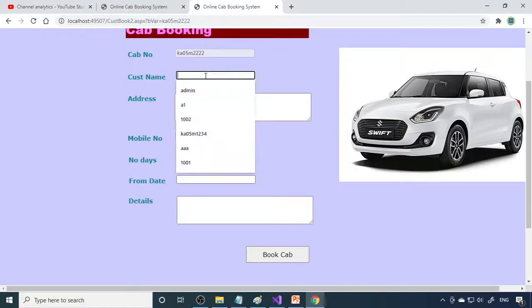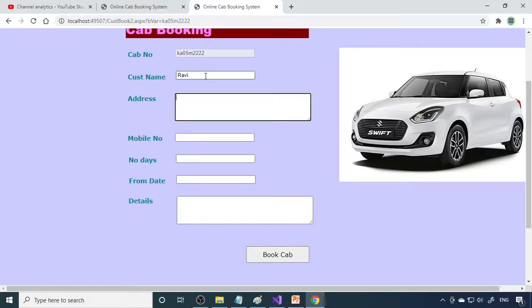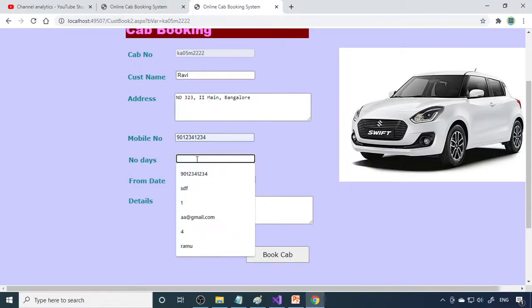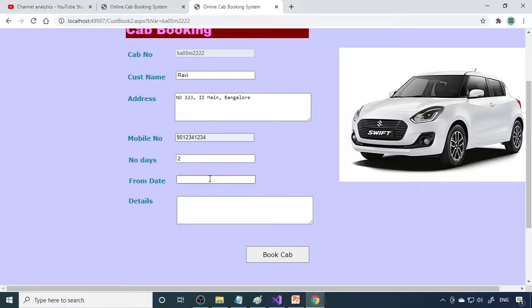So now we can write the customer name. Then the mobile number, email ID, number of days, 2 days, from date. Now I can give the date, what date you want to travel.